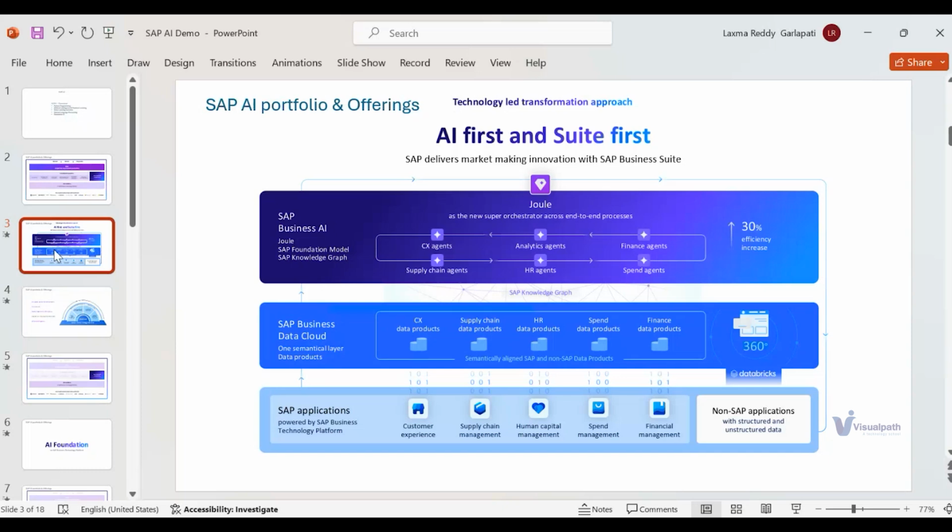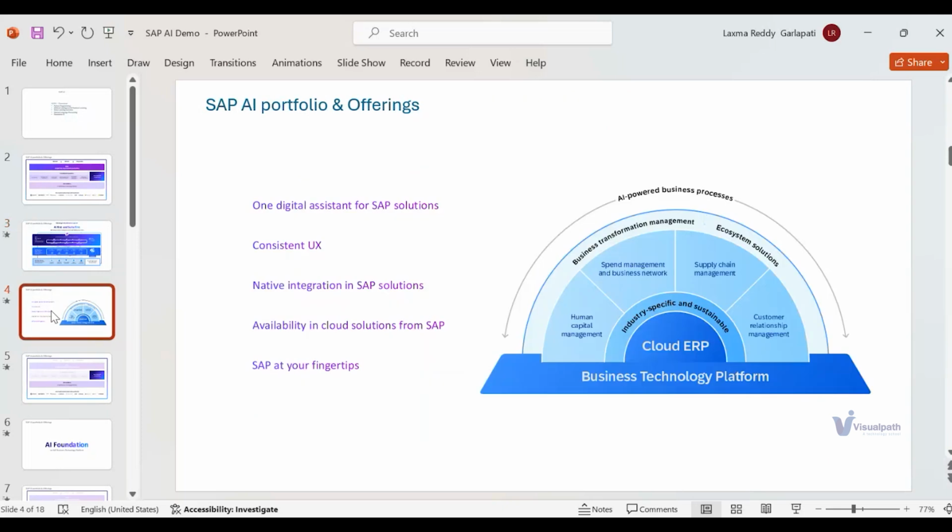So with that, if I look at the portfolio offerings which we are covering, everything is built on SAP Business Technology Platform, where we have a cloud ERP and other ecosystems here. When you look here, these are the different SAP products and portfolio solutions. And if you see here, it is already focusing more and more on cloud-based solutions, a cloud-first approach and an AI-first approach in all SAP products.